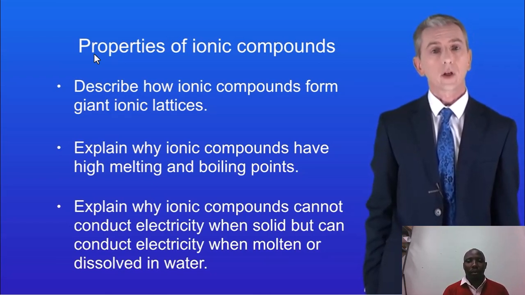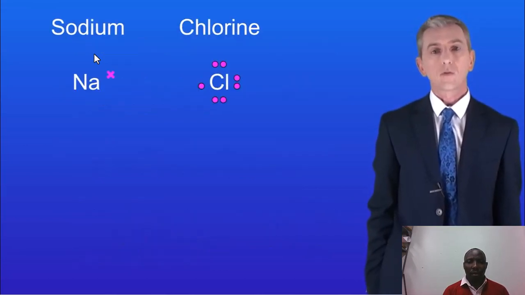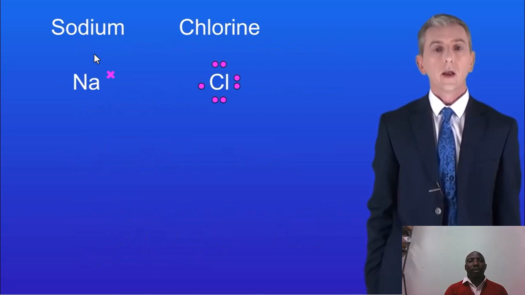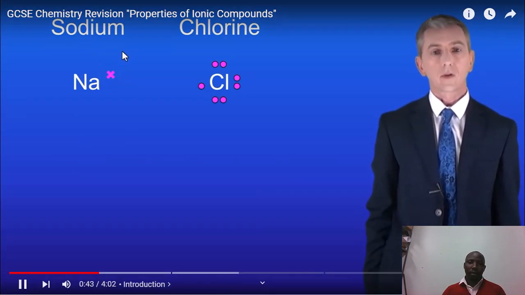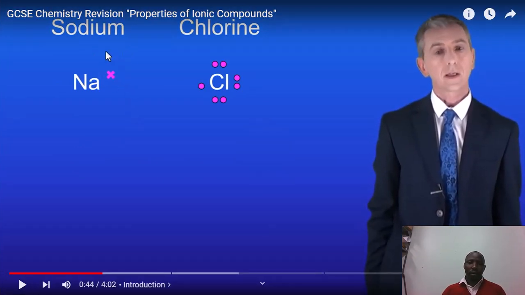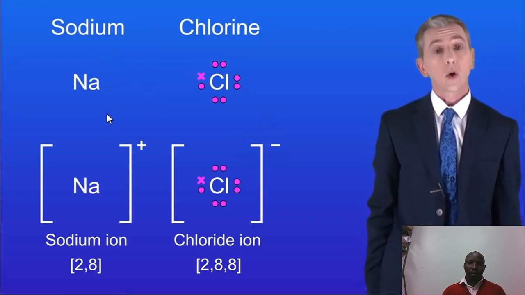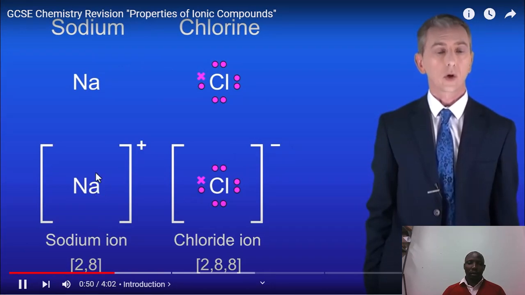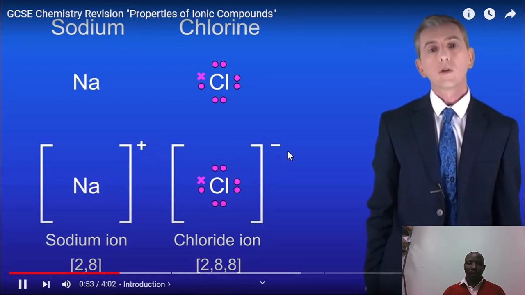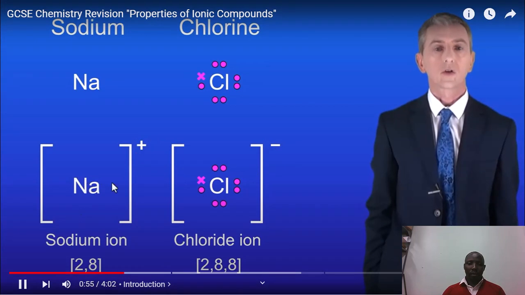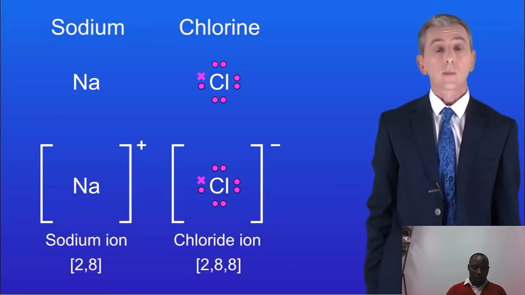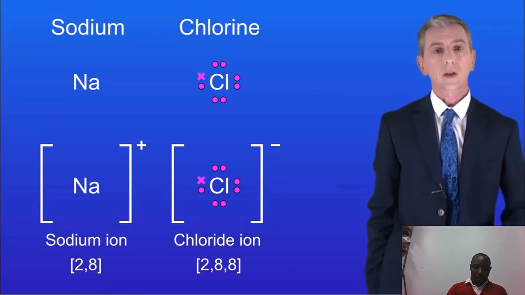We've been looking at ionic bonding, which takes place when a metal reacts with a non-metal. A good example is the reaction between sodium and chlorine. In this reaction, one electron passes from the sodium atom to the chlorine atom like this. At the end, the sodium atom has a 1 positive charge, and we now call this a sodium ion. Remember that an ion is an atom with a charge. The chlorine atom now has a 1 negative charge, and we call this the chloride ion. In this reaction, we make the compound sodium chloride, which looks like this.